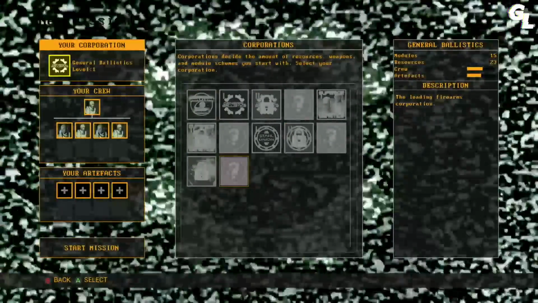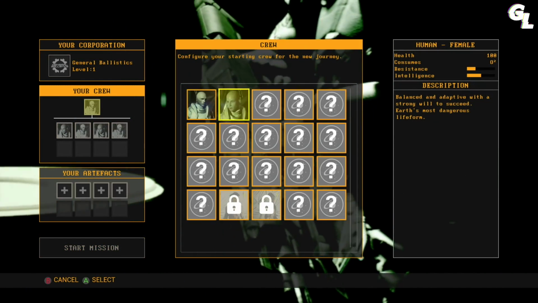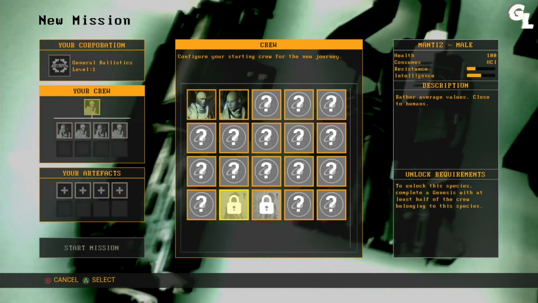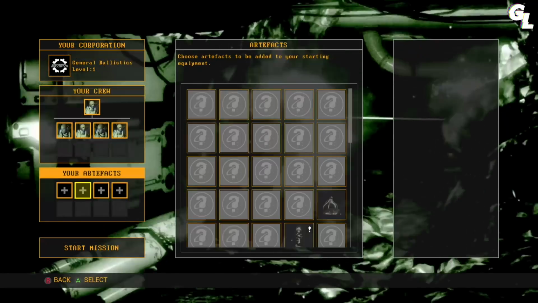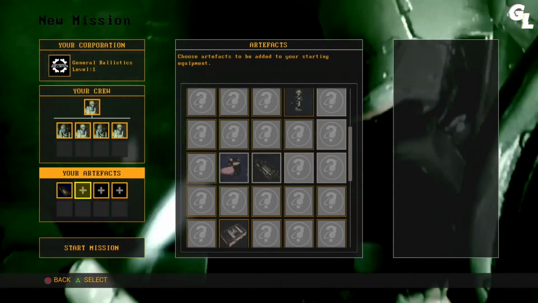Beginning the game, you'll pick a corporation which offers varying different starting benefits such as different weapons, buildings or artifacts. You'll then form your initial crew from a selection of around 10 different species, beginning with humans, each with their own positives and negatives such as health, intelligence and damage resistance. These species must first be uncovered and unlocked by successfully colonising a planet with over half of your colony containing